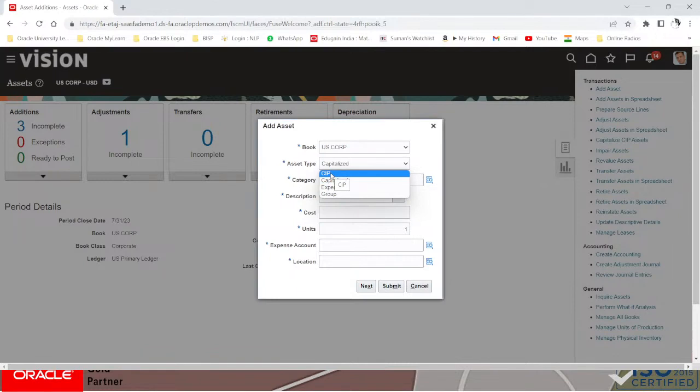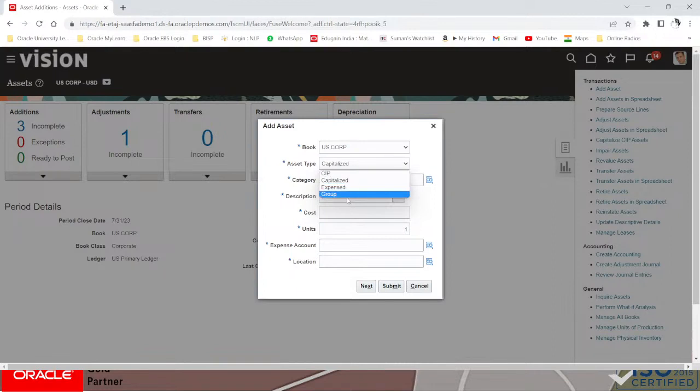Under that particular CIP asset, you will add the asset manually. You can add the asset one by one, or using mass addition process through payables or through project or through external sources. We can add the CIP assets in our book, that is US corp book,